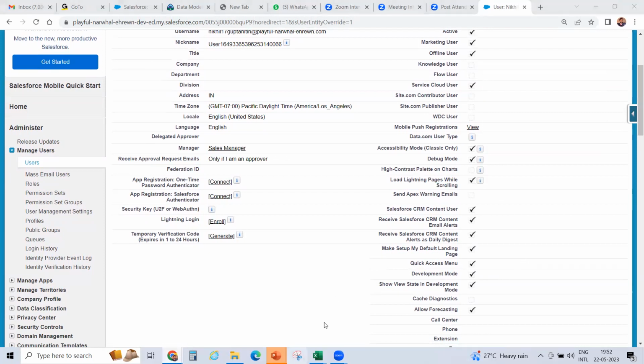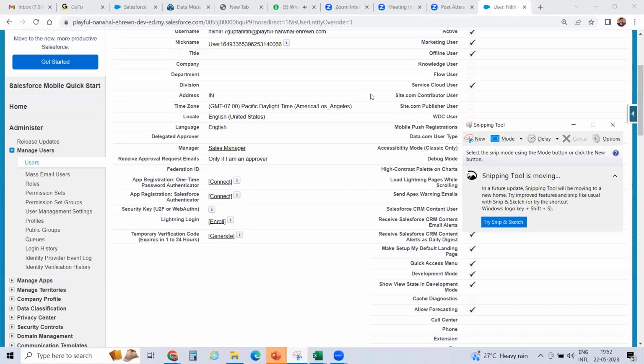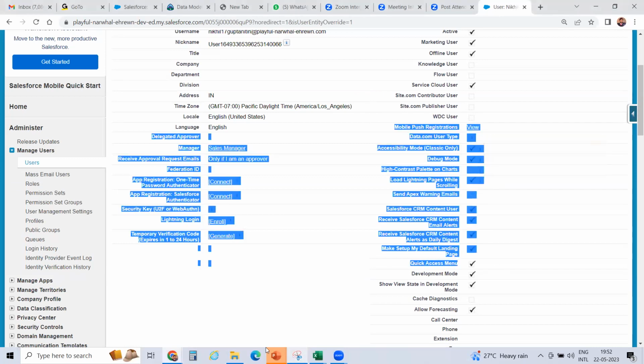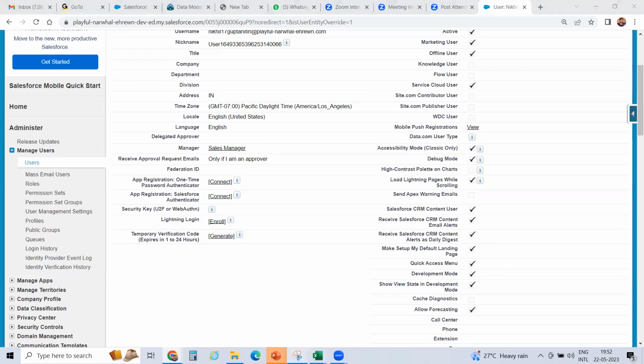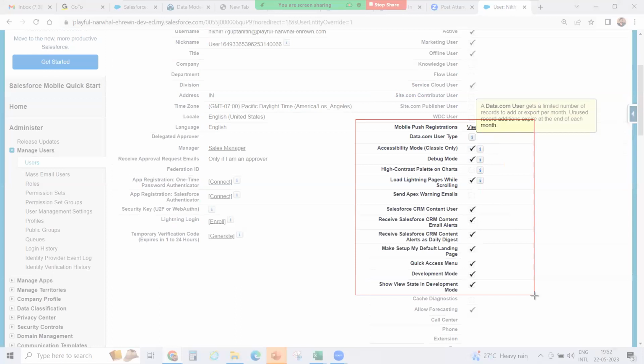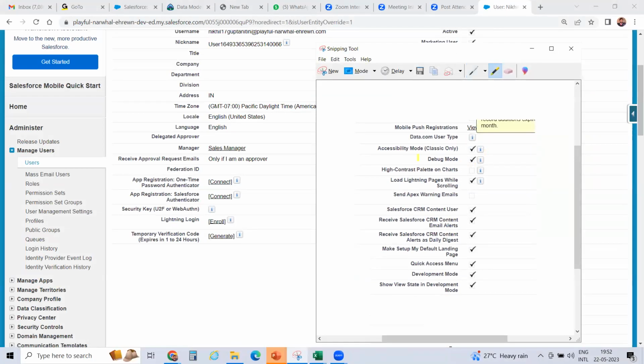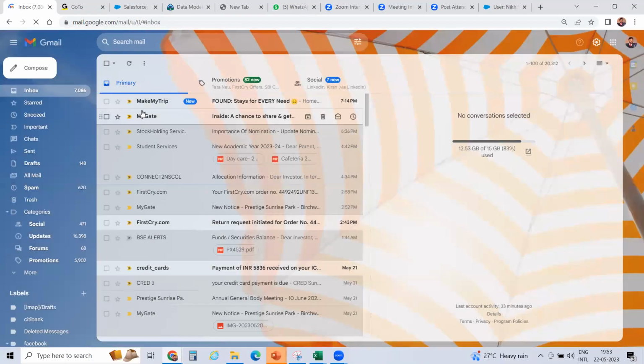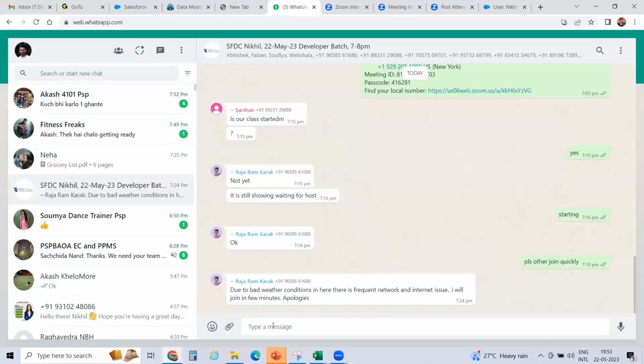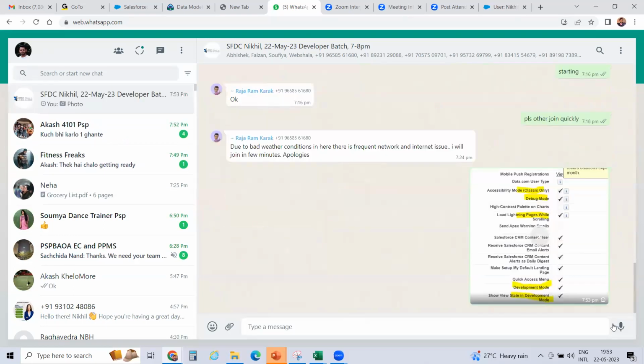Okay, let me give a screenshot also. Okay, so I think this one, this one, this one, and development mode. And I think this one also. Show view in status, development mode, this one. These 4-5 items you need to tick as a yes. Okay, so I am just pinging there. Okay, so these 4-5 things you need to